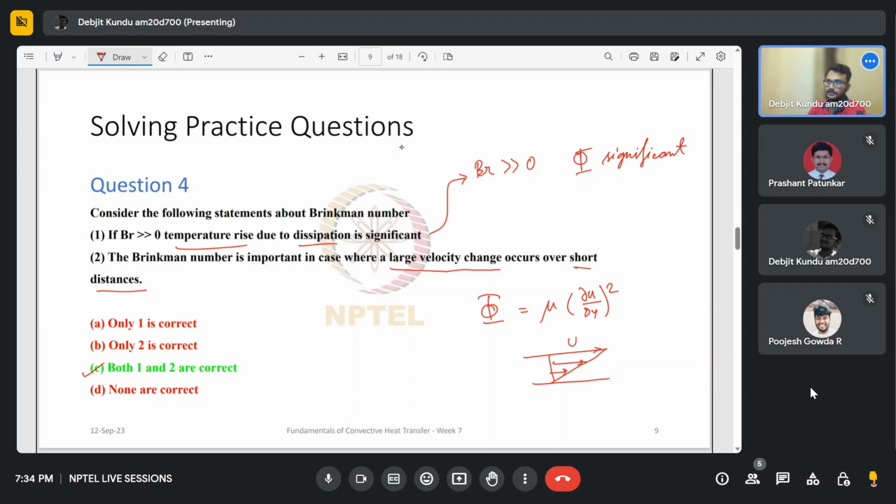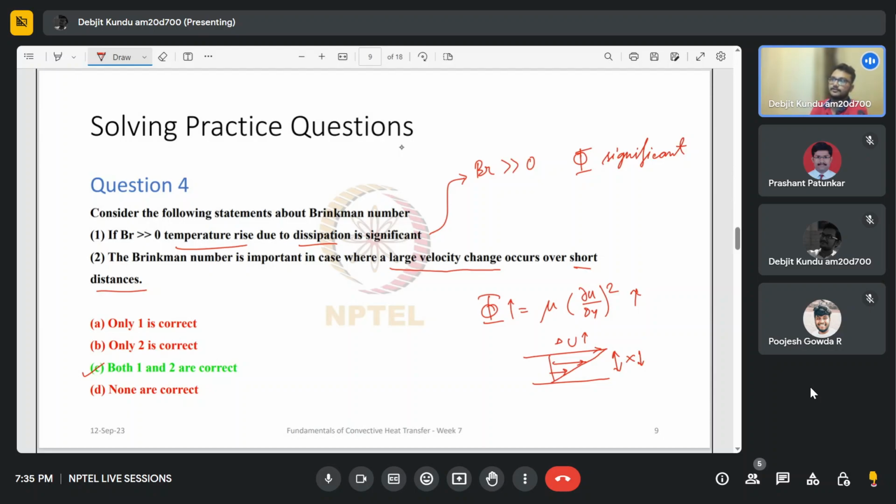So this may be delta u, and this is, let's say, x. So if x is small and delta u is large, this type of a case would result in a high (∂u/∂y) squared, and that would in turn result in a high viscous dissipation,